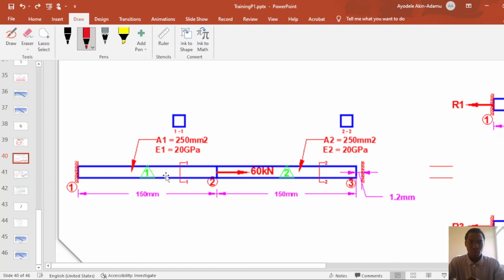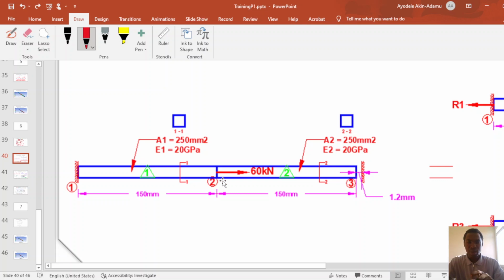That is, it will pull; finite element 1 between 1 and 2 will be in tension, and the second element will be unstressed because the effect of the 60 kilonewton load is only on the first finite element, and the load will stretch the body by an elongation